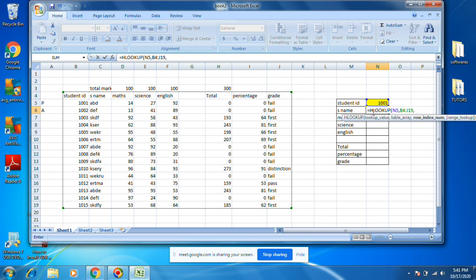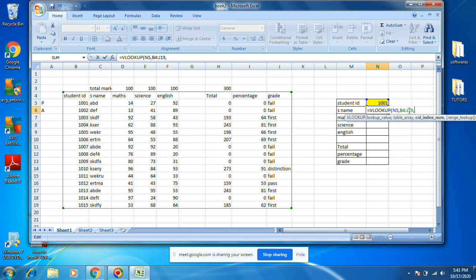Instead of HLOOKUP, let's do vertical lookup. This is horizontal, it will look like 1, 2, 3, 4, 5, 6, each row as index. Now we want each column as index. That's why we need to go for VLOOKUP, vertical lookup.